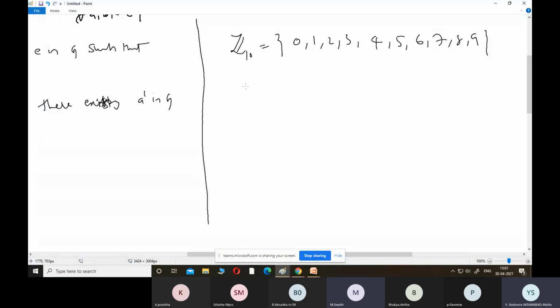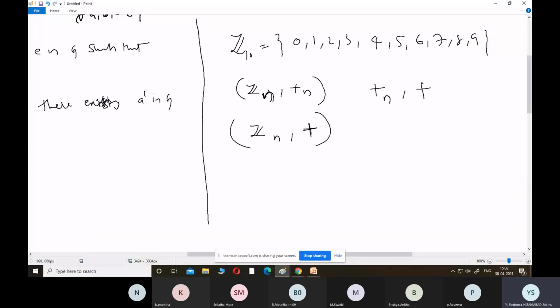Now I'm going to define the group Zn under addition modulo n. This will also be a group. Remember, this is addition modulo n. In most textbooks you'll find this written as addition modulo n like this, or just simply addition. Always remember, if you find any symbol with this set, that is, if you are having addition here also, it means that it is addition modulo n. When you are defining with this set, it will be addition modulo n only.